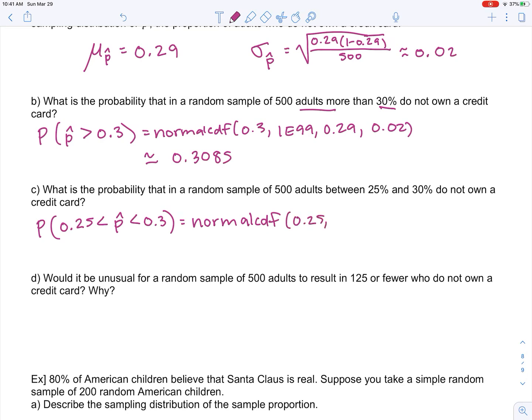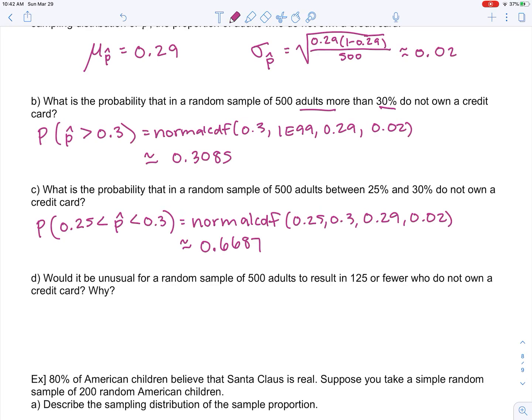The parameters haven't changed, but the bounds have. The mean is still 0.29, and the standard deviation is still 0.02. Let's put this in a calculator. Lower bound 0.25, upper bound 0.3, mean 0.29, standard deviation 0.02. Okay, and I'm getting about